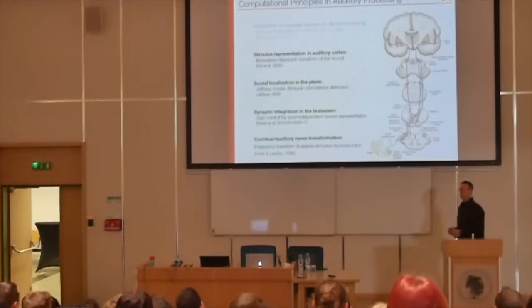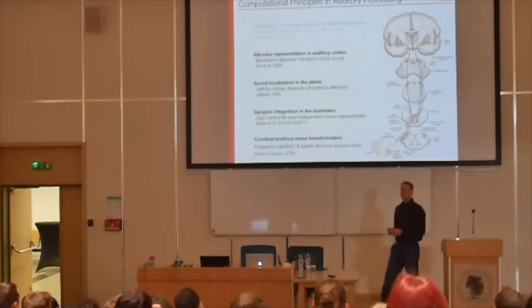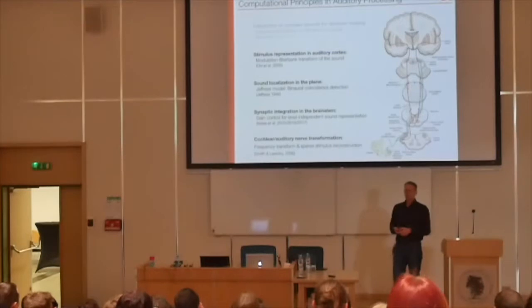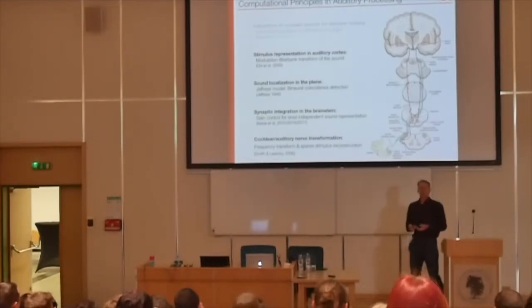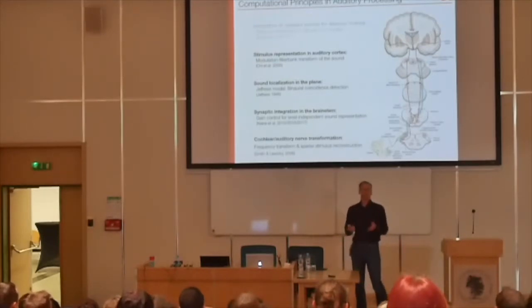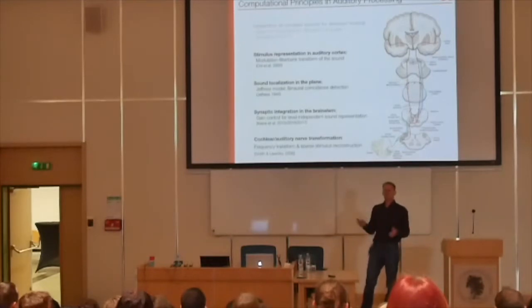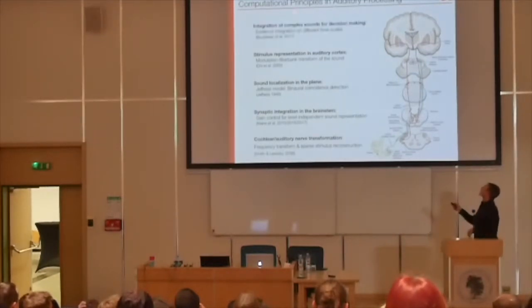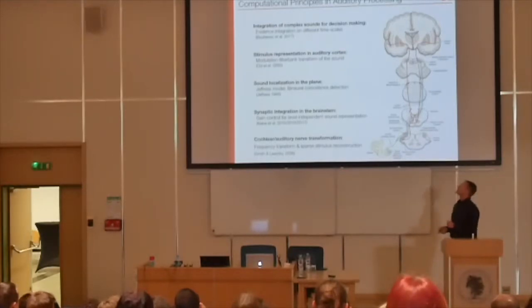Then next, if we look at the auditory cortex up here, there's a principle or a model that has been put forth to try to explain these neural responses, which is called a modulation filter bank, which essentially is like a second order frequency transformation that expresses the sound in a particular way and is able to predict a lot of both basic response properties but also behavioral properties. The so-called cortical model that was defined here by Chi has since been used in probably 10, 15 studies to different degrees of perceptual level. It has been quite effective in accounting for human perception. And then here on the top, the integration of complex sounds in decision making. I'll say much more about this in a minute.